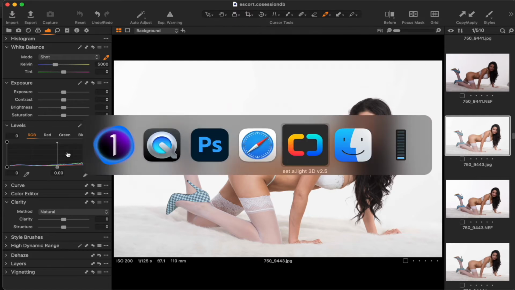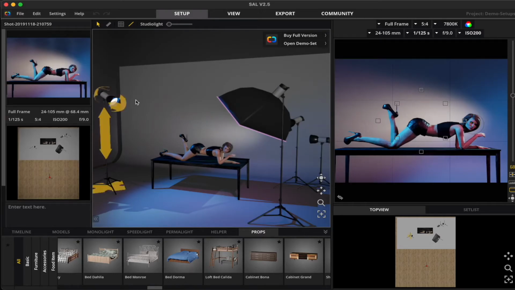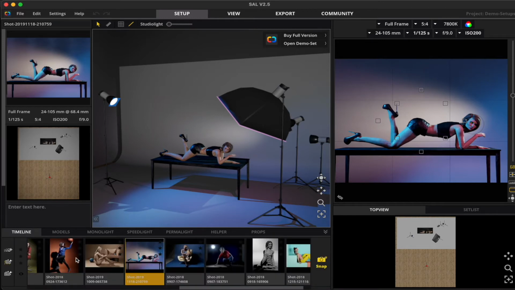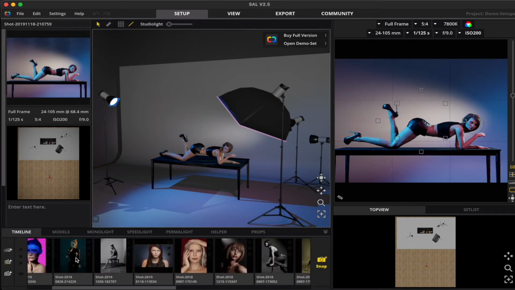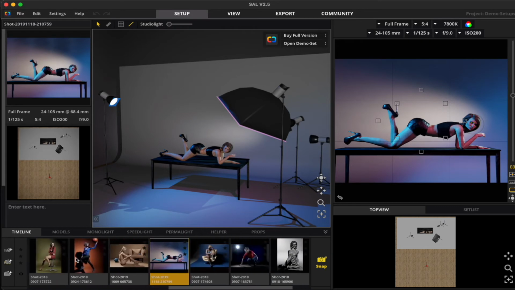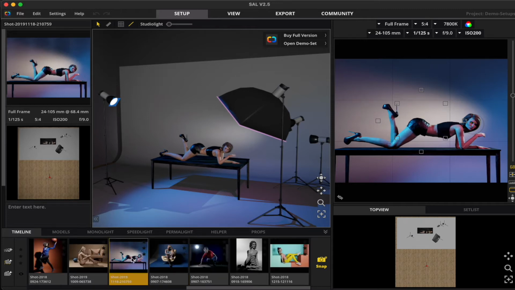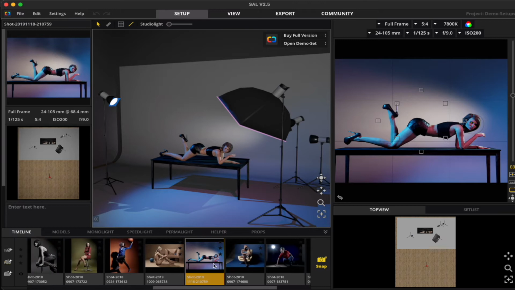And where do we have? There it is there. So right now what you're looking at is a diagram that is very similar to the lighting diagram that I used during that specific shoot. Now, this is a very basic diagram. I have used this lighting setup for years. And I found this one diagram here in the program, and I thought it was kind of interesting. So I thought I would go over it with you guys to give you an idea of how I would